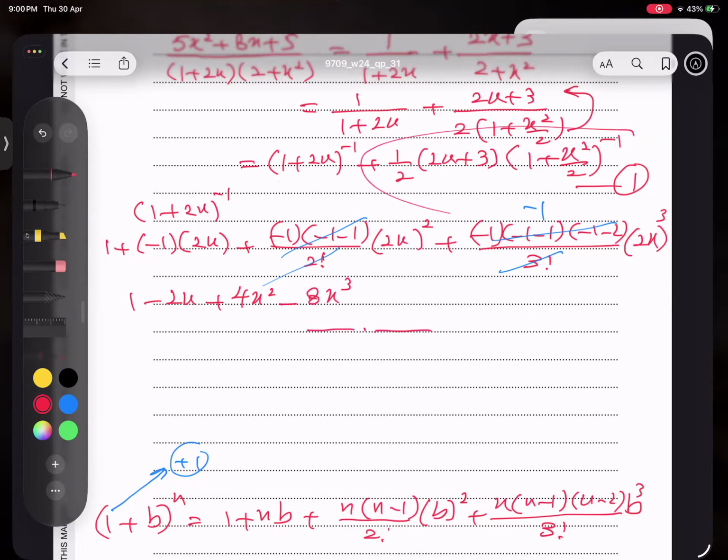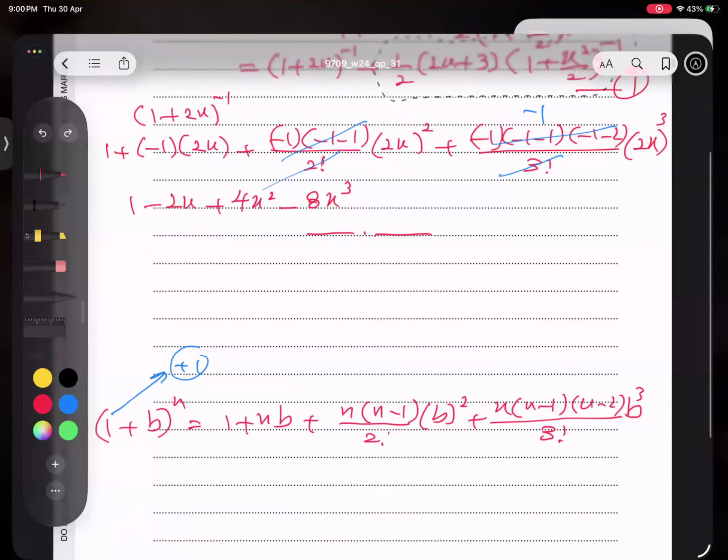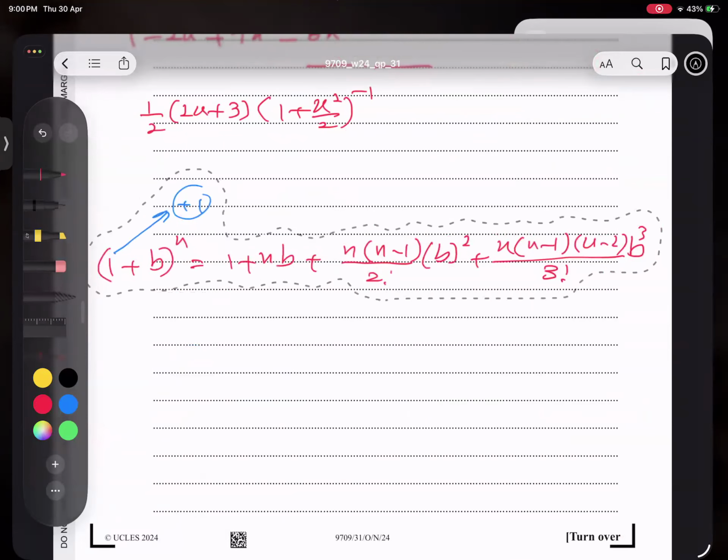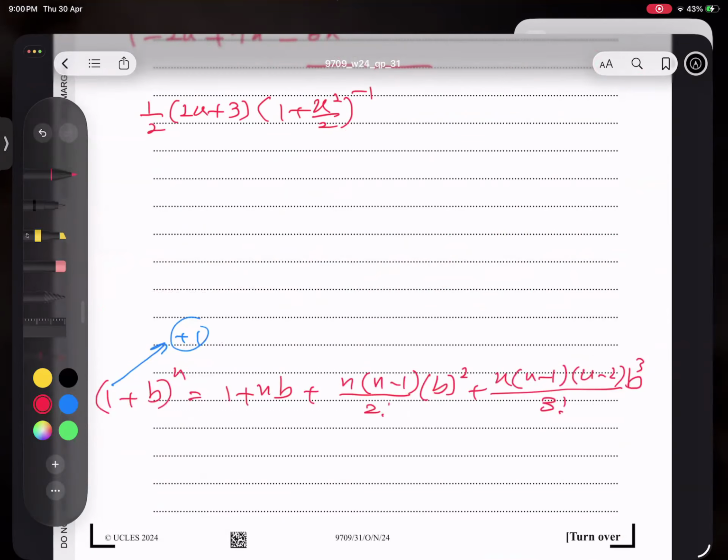Now I'm going to do the second one. So the second one, I'm going to copy complete. A lot of patience is required, students, for this kind of question. Okay, now the important thing is, do we need to expand all 3 terms? Not at all, because the power is 2 inside already. Let's see, half times 2, 2x plus 3, and I'm applying 1 plus nb. n is the power and b is inside, nb, 1 plus nb,